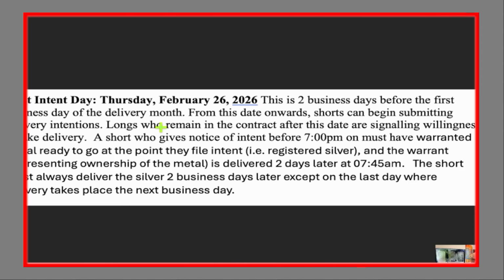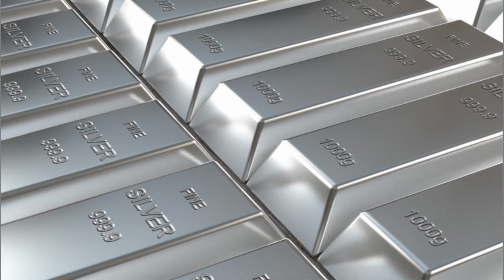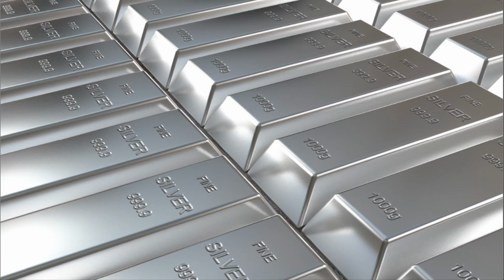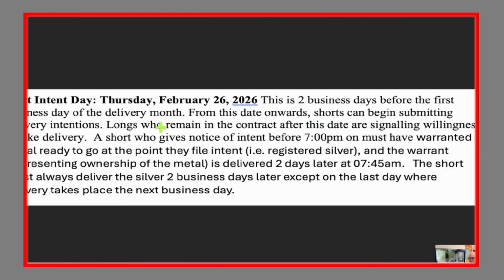So what are they going to do? They've basically got two choices. They can wait it out until the end of March, hoping that some more silver comes into COMEX, and they can buy that and deliver it. Or they can close their contract by buying back the silver, which basically means that the price has to be high enough to entice one of the longs to sell it to them to match the deal.